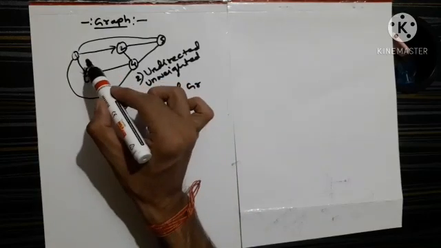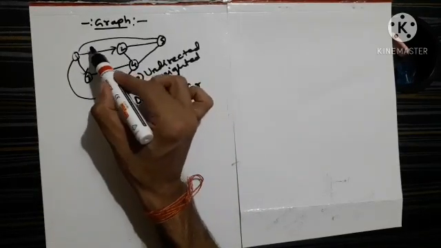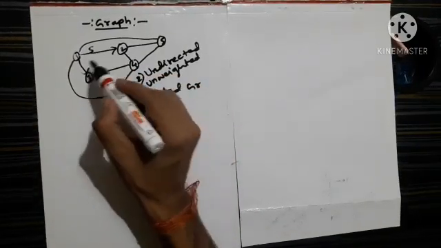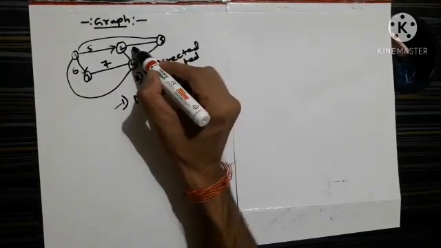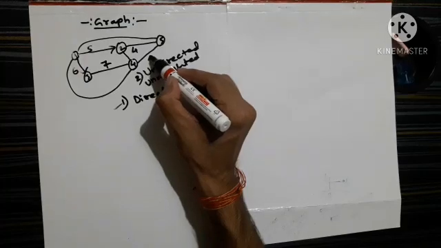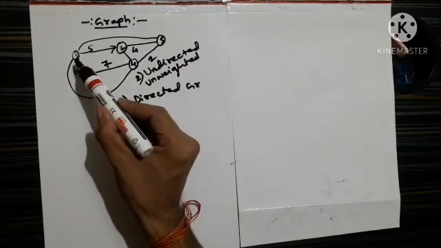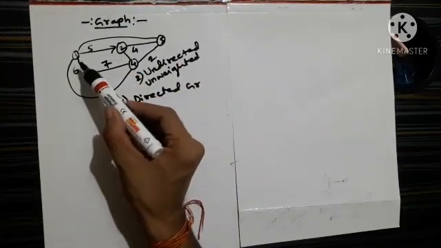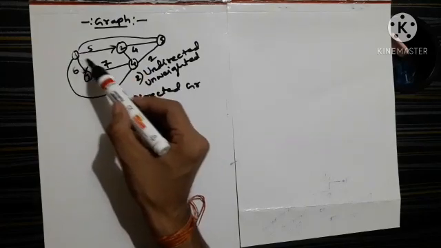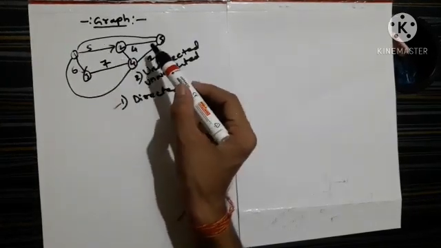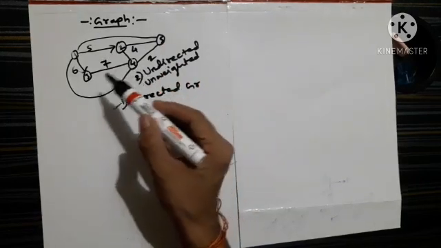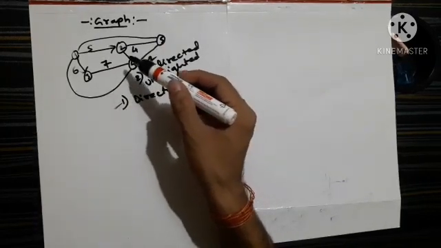And suppose I know that from city 1 to city 2 there is a distance of 5 kilometers, and 6 kilometers, let's say 7, let's say it is 4 kilometers, let's say it is 2 kilometers. Now you can see that I know the distance between two cities. Basically I know the weights. These are called weighted graphs. So it is an example of a directed and weighted graph. These are basically the two kinds of graphs.